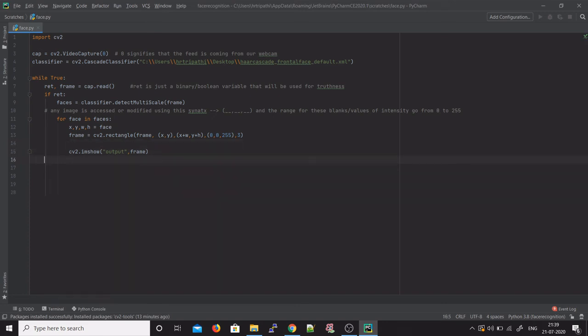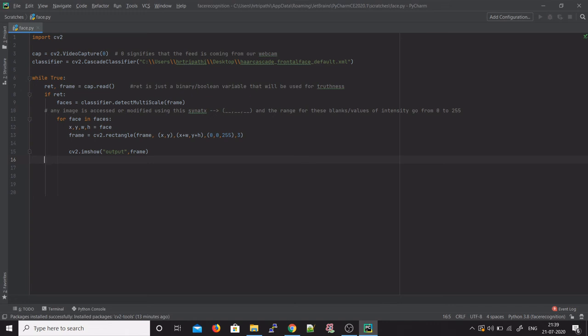Alright, awesome. Now the thing is, since this is a continuous video feed, when you move your head there is a dynamic movement of your head, right? So the rectangle that you plot would not get updated really quickly. You need to add a time delay for your camera to sense that you are moving your head and allow the program to make your rectangles.